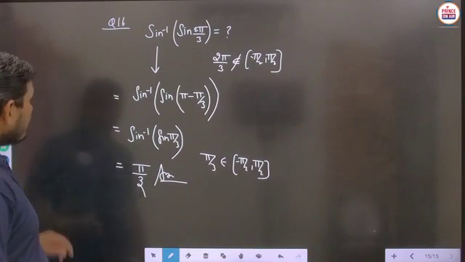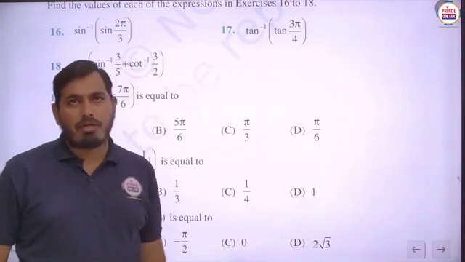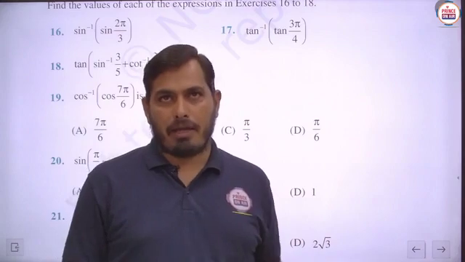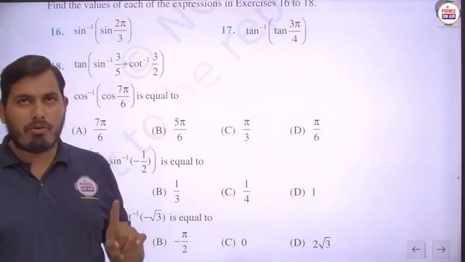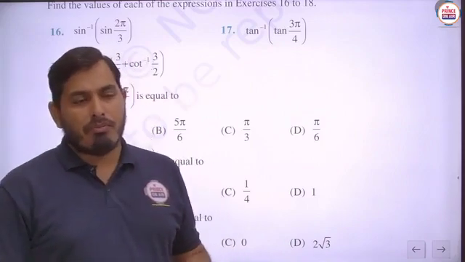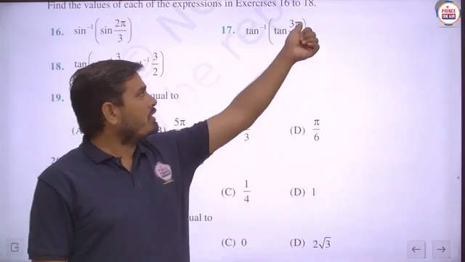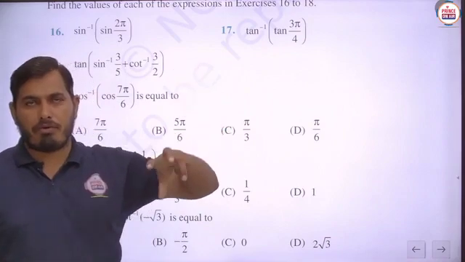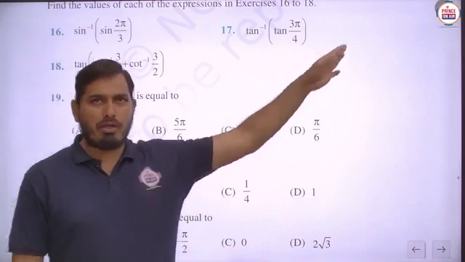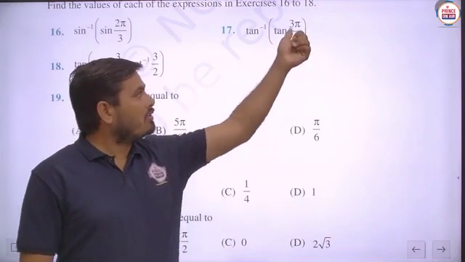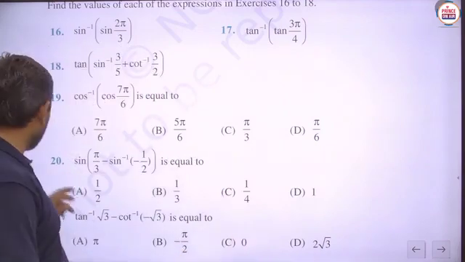In this question number 17, again you can check the question. Tan inverse of tan 3 pi by 4 is to be written. Now again we have to say whether the answer is 3 pi by 4 or not. It will depend on the principal value of tan inverse. The principal value of tan inverse will be minus pi by 2 to plus pi by 2. So definitely if this angle 3 pi by 4 lies in this open interval minus pi by 2 to plus pi by 2, then your answer should be 3 pi by 4. But suppose it is not satisfied with this given interval, then we have to convert and use some transformation.